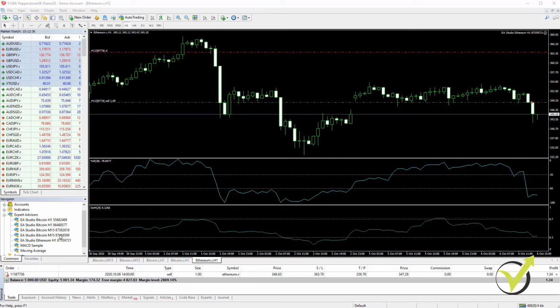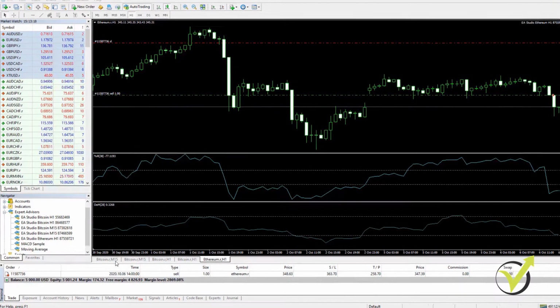But in MetaTrader we have the option to make a backtest, or to see how the strategy performs until the current moment. Especially if you're just starting with a new broker and you have just installed the MetaTrader platform, it's not a bad idea to make a backtest for the strategy, so you will know if you have the right trading environment or if your broker is suitable for the strategies that you will be trading.